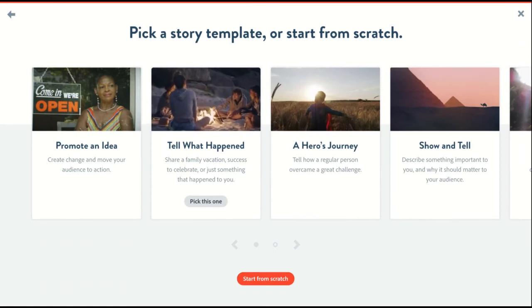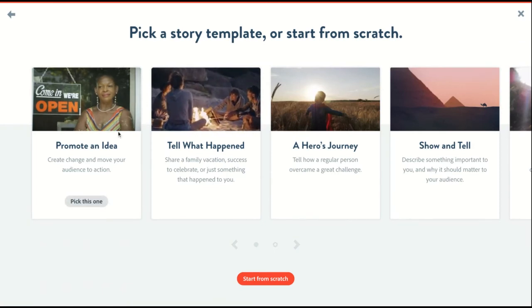Once you get into there, you're presented with a number of archetypal story forms. So you're either trying to promote an idea in this case, so you want to create change and you want to move your audience into actually doing something, clicking and donating, or clicking and volunteering, or you want to relate a personal experience, something that had happened to you.